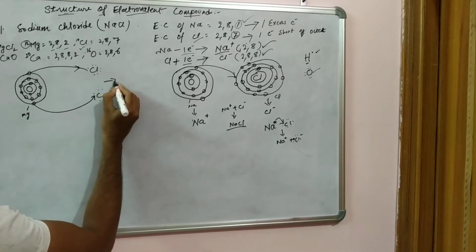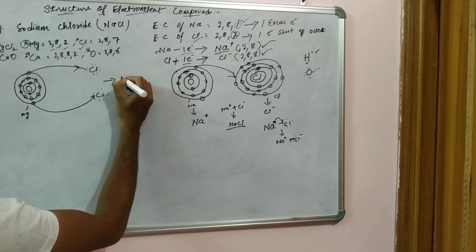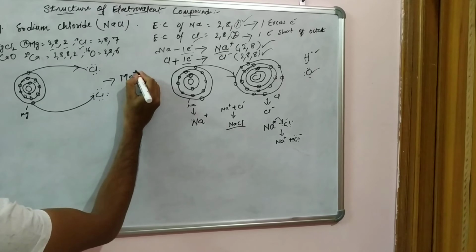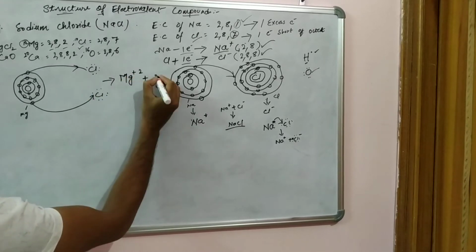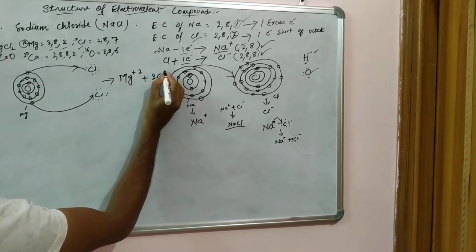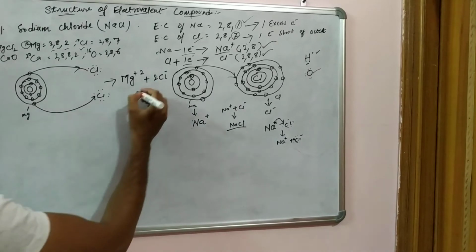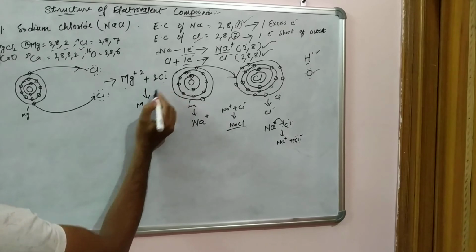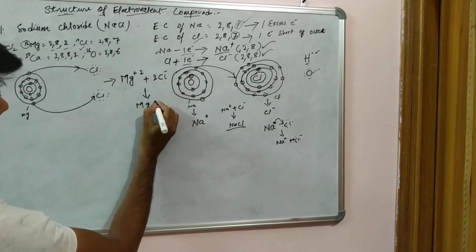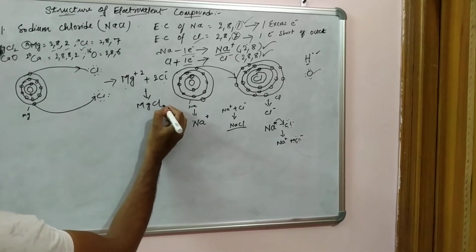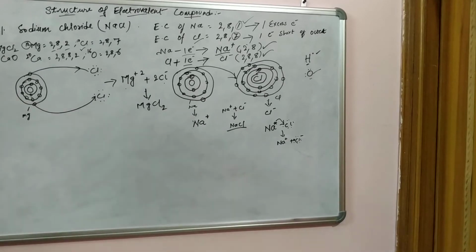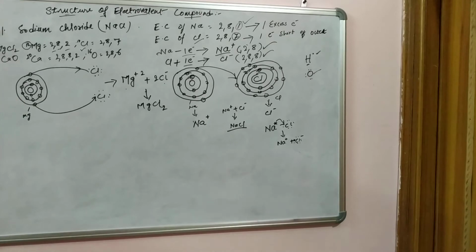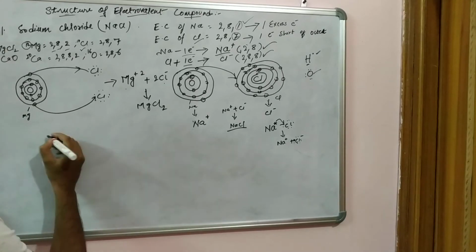So it forms, it loses 2 electrons, so it forms plus 2. Now we have 2 chlorine minus, right? This is a cation, this is an ion, force of attraction, forms magnesium chloride molecule, right? So if we just draw the electron dot structure,